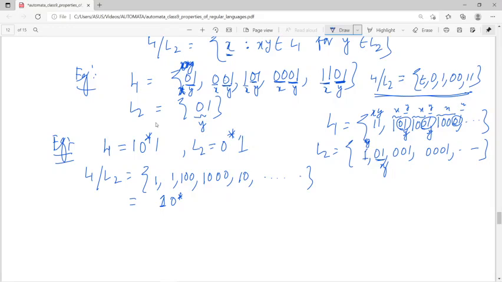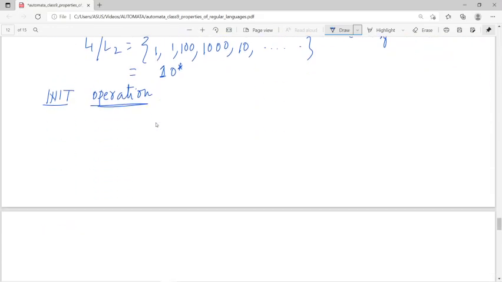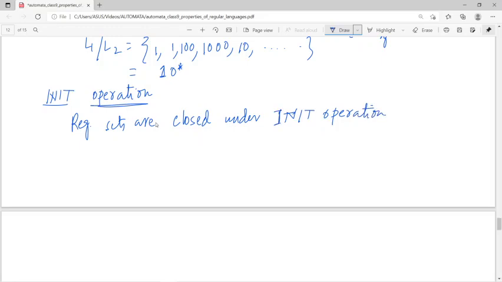Now there is another operation that is called init operation. The thing is that regular sets are closed under init operation. So init operation,